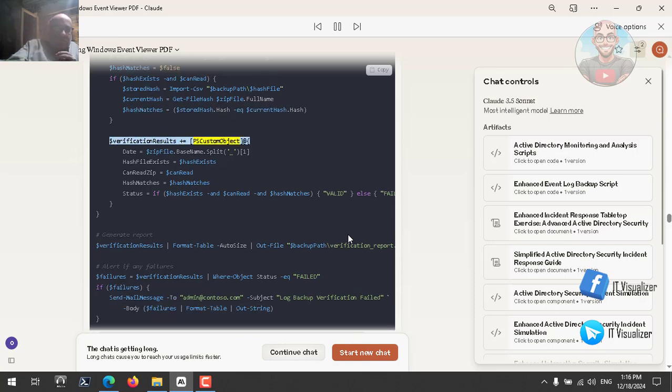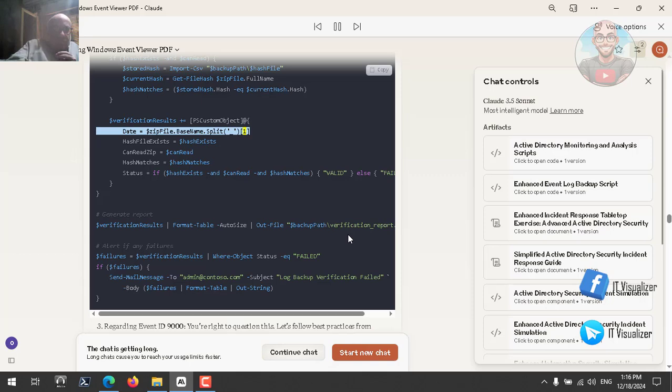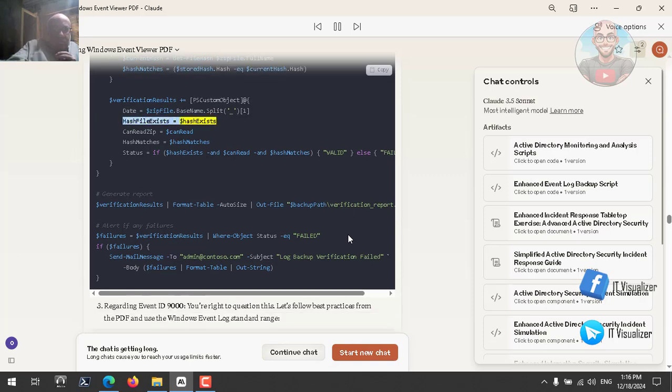$verificationResults += [PSCustomObject]@{ Date = $zipFile.BaseName.Split('_')[1]; HashFileExists = $hashExists; CanReadZip = $canRead; HashMatches = $hashMatches; Status = if ($hashExists -and $canRead -and $hashMatches) { "Valid" } else { "Failed" } } # Generate report $verificationResults | Format-Table -AutoSize | Out-File